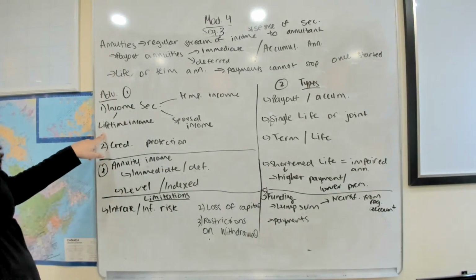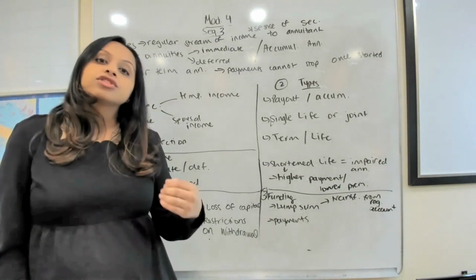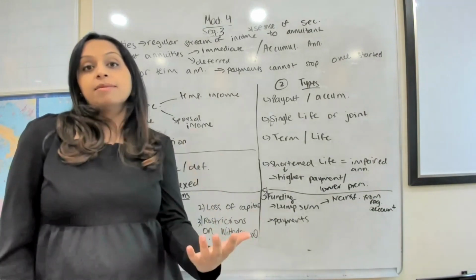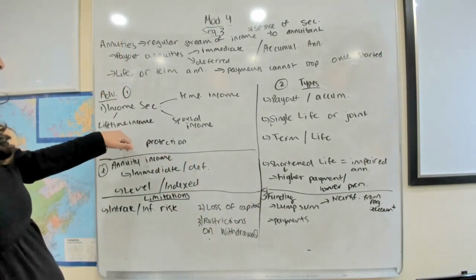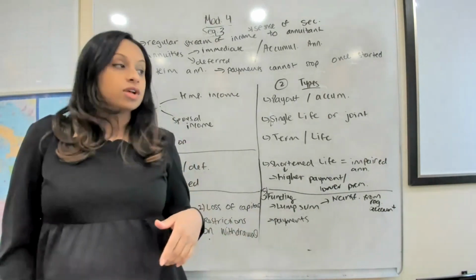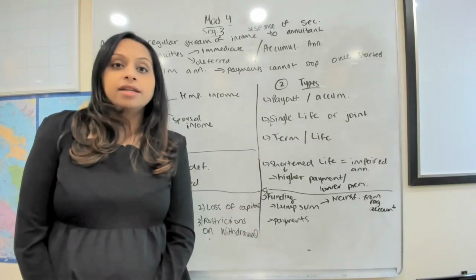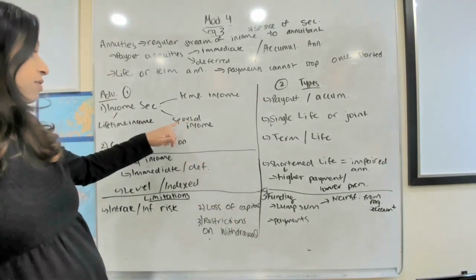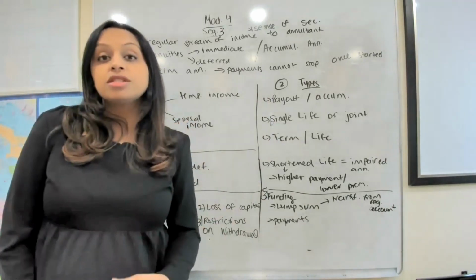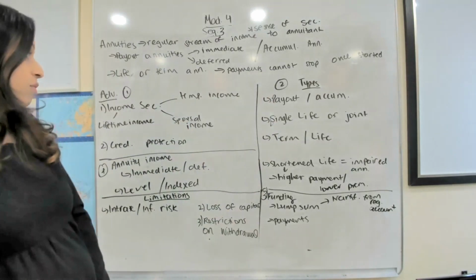So it can give a lifetime income, right? If somebody's retiring or retired, it's giving another stream of income, which might be really helpful to them at that age when they're not actually earning any money. It can give spousal income, right? When we look at the different types, you'll see that you're able to combine and make it into a joint product with your spouse. So it's able to provide the surviving spouse with some income if one of the spouses passes away.